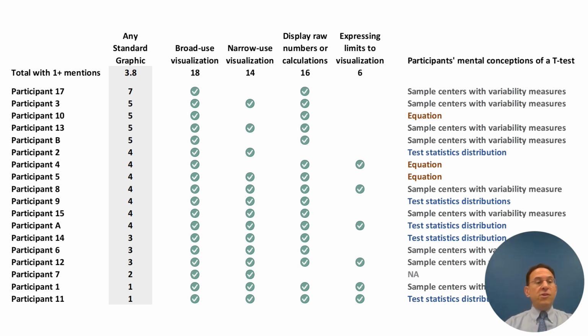Now, as for the tools that statisticians use, the first thing we found out is every single one of the statisticians that we spoke to uses visualization as a regular part of their work, just workaday work. They're using visualization all the time. And they are using different types of visualizations. Some are broad use visualizations, some are very narrow. The narrow use visualizations were particularly interesting because they're really moving towards being a visual statistical test. They're single purpose visualizations meant to test a single comparison.